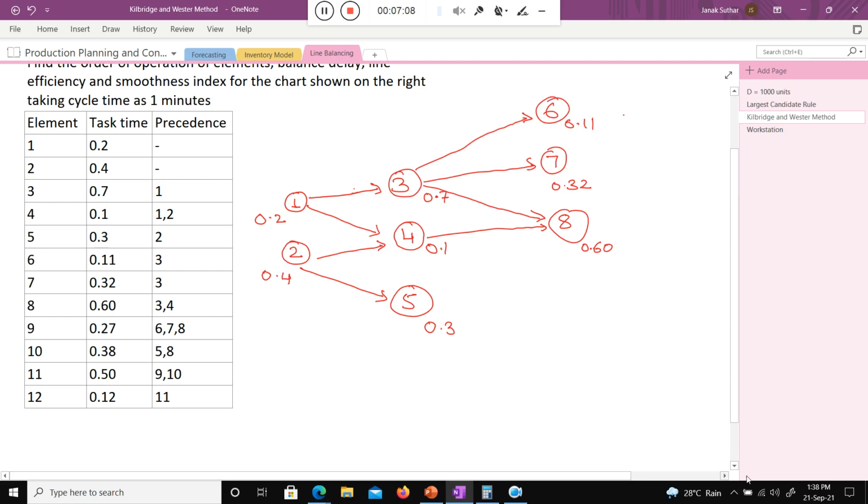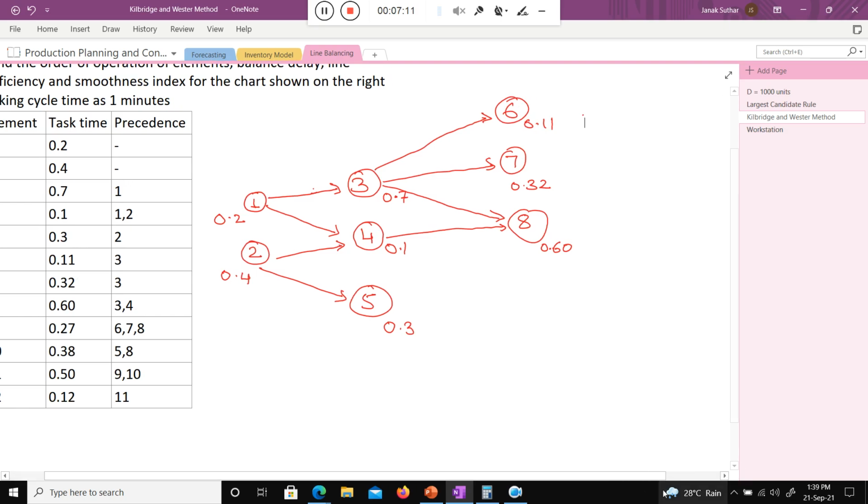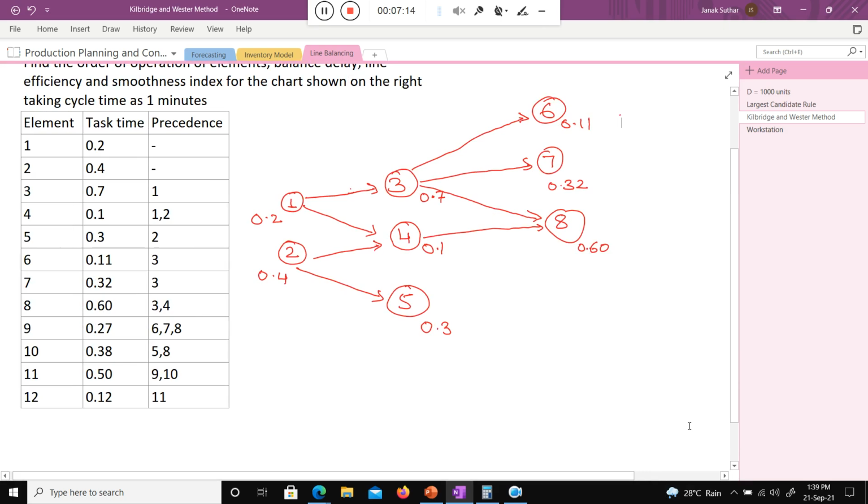Okay, you completed 6, 7, 8 activity. Now when I talk about the activity, meaning the work element 9, or you can say the activity also, no issue. For work element 9, 6, 7, 8 must be complete, then only you can start 9. So assume that here 6, 7, 8, all the things are completed. Now I can start the 9. Now the next point, I can start the 10 once 5 and 8 both are completed. Okay, this is 10.